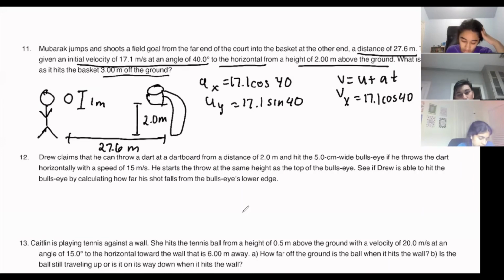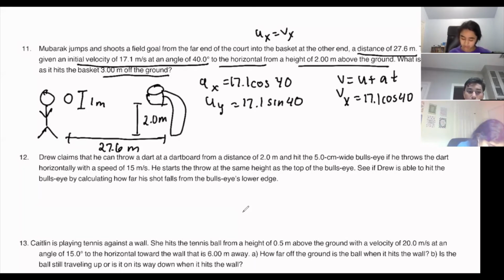Is this shot horizontal? So that means UX is always equal to VX? I think so. Oh yeah, it's because it's thrown horizontally, so the initial velocity is going to stay constant the whole time. Yeah. And then